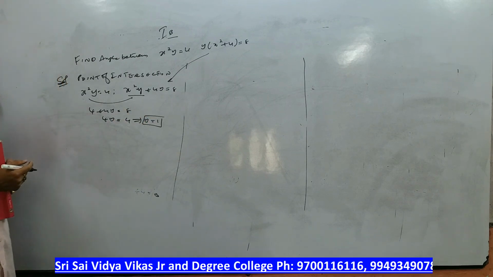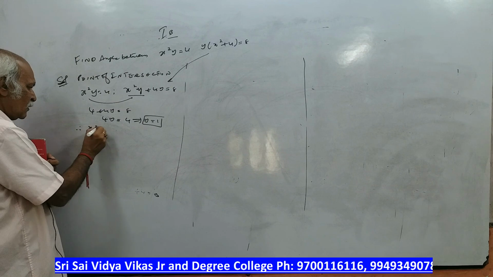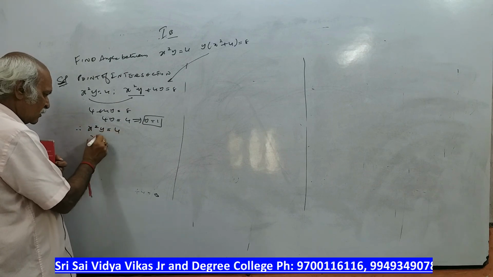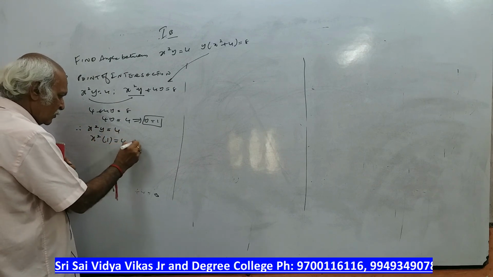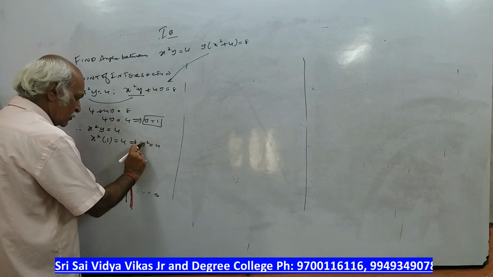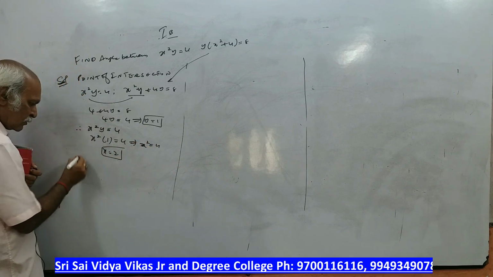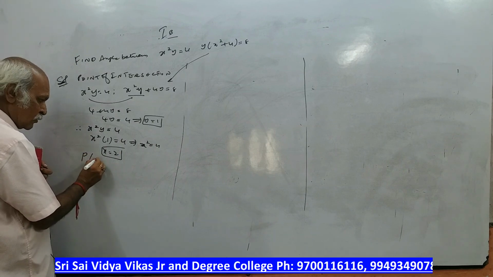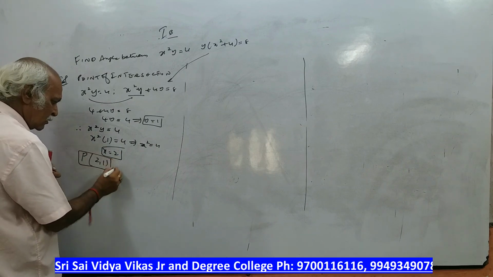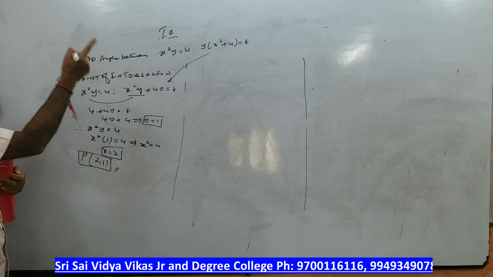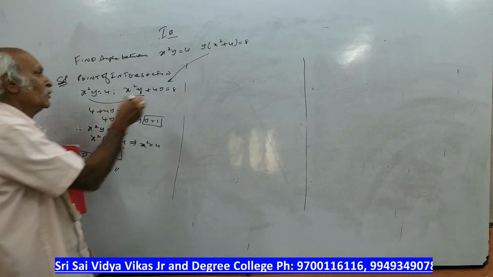It comes directly, sir. Therefore, x square y is equal to 4. x square into 1 is equal to 4. x square is equal to 4. So x is equal to 2. Observe here. Therefore, the point is 2, 1. So here we have opened the bracket and substituted x square y. Now